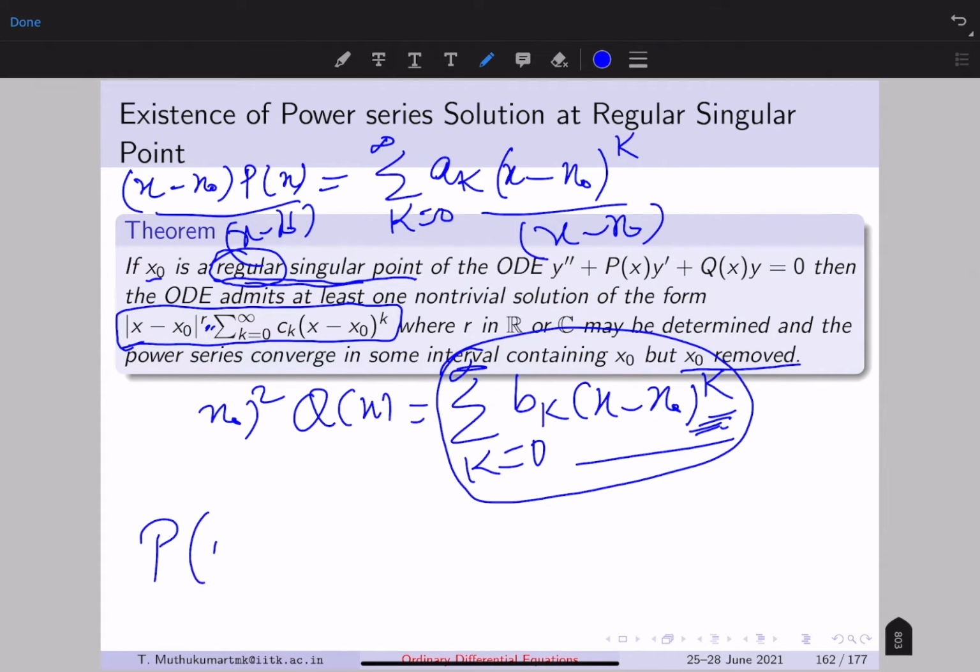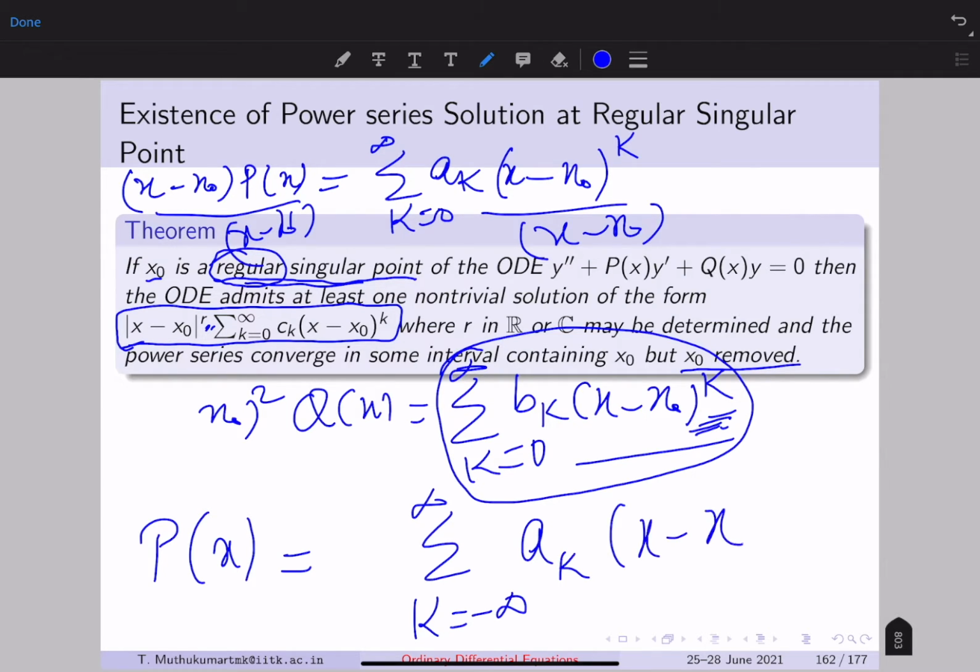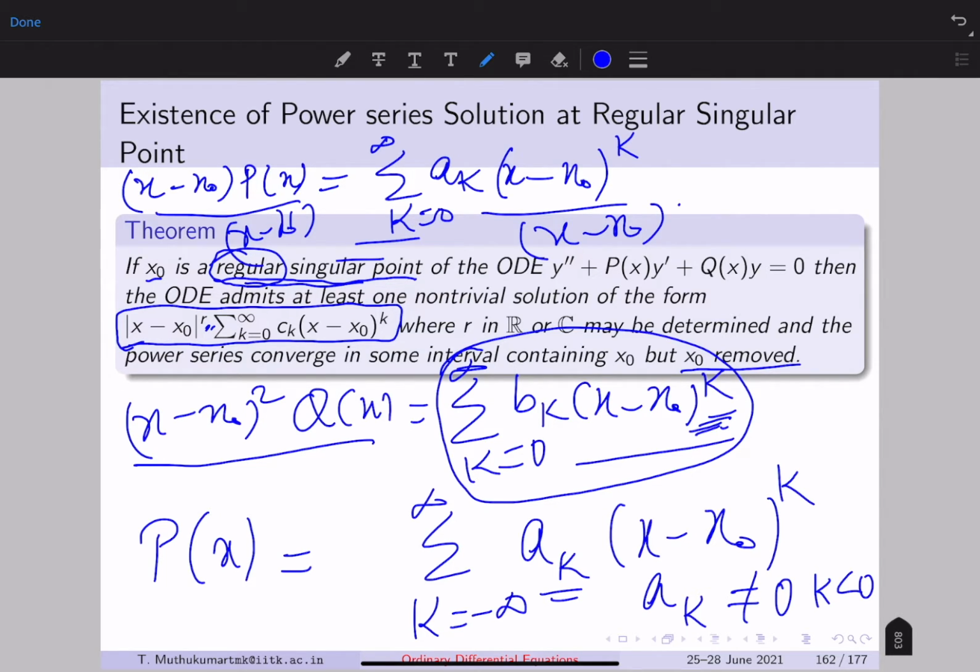Which means P has some form which actually starts with minus infinity to infinity, a_k (x minus x naught)^k, where some of these a_k's for negative k are non-zero, where k is a negative integer. That's what this means. Same here: when you say (x minus x naught) squared, if you divide, then you have an expression for Q also of similar form, where the coefficients corresponding to the negative index are non-zero. That has to happen, and that is what gives you this